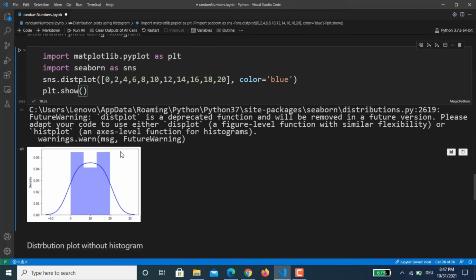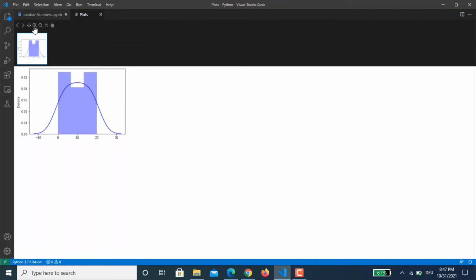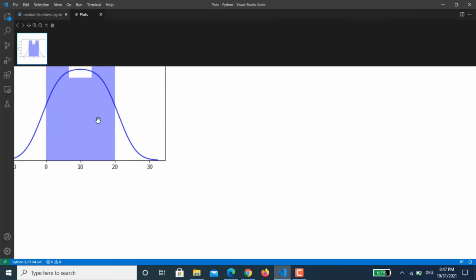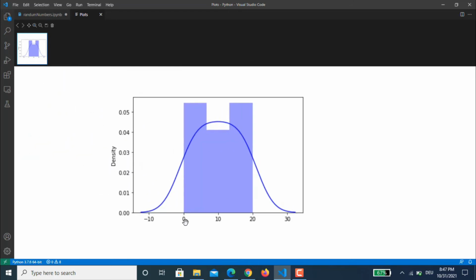You can see that it's a distribution plot using a histogram. So we can also enlarge this one. If you just click on this expand image, it will open a new tab, and then in order to analyze this plot you can just simply make it a little bit bigger. So you see this very nice plot. So this is your x-axis and this is your density. If you want, you can do the labeling, or x-axis your desired names. You can give a title, you can change the color. If you also want, you can disable this histogram, which I will be demonstrating immediately after